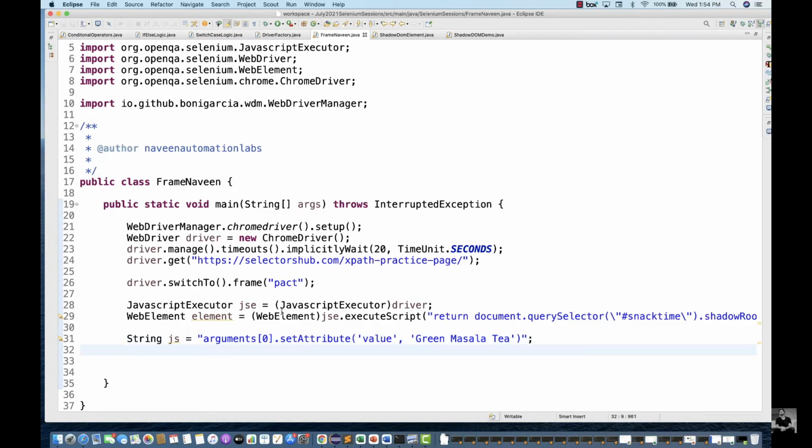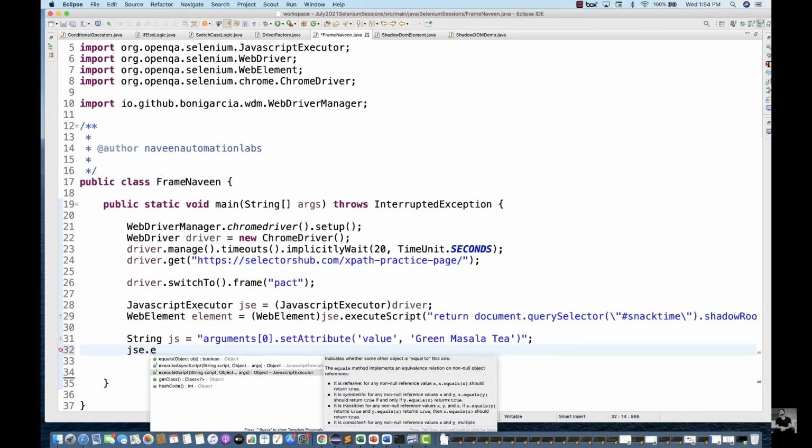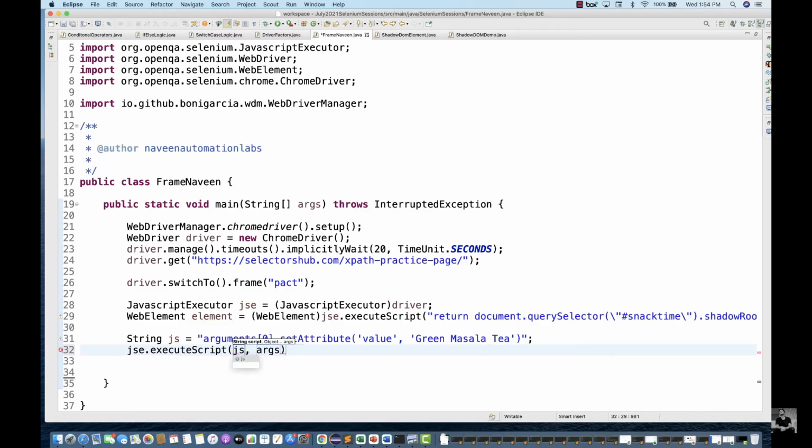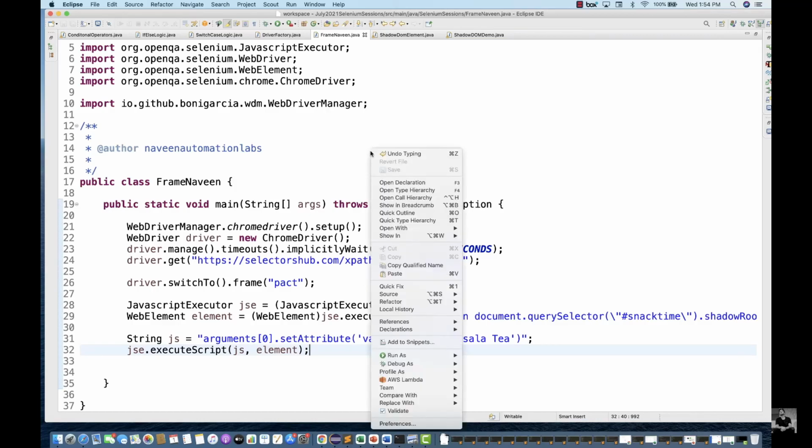I can use this particular JSE once again, dot execute script. The script name is js, and what is the element? For example, this is my element here, and you supply this element here. Okay, so js comma element. So again I'm going to use jse dot execute script, and this is the value to be entered. Let's run it and see whether it is working or not. So right click on it, run as Java application,